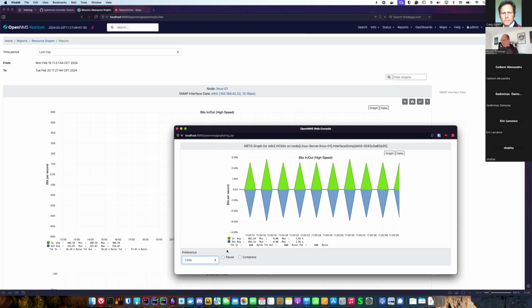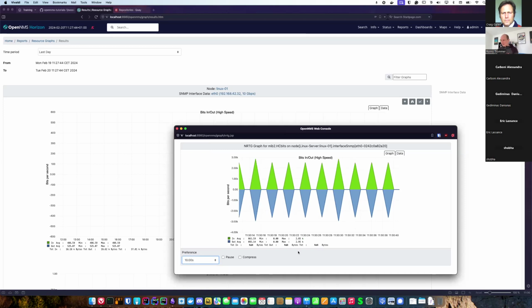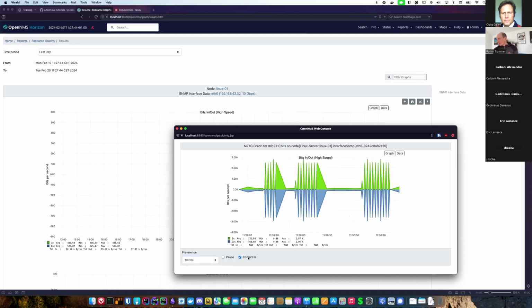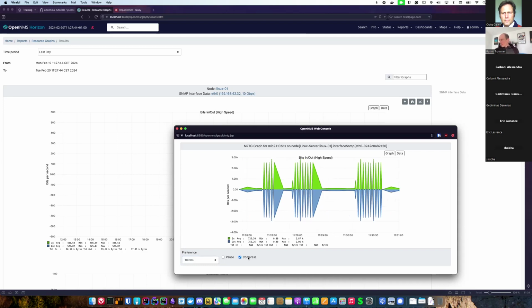So the agent also plays a part, like what is the minimal update interval for an SNMP metric on the router side. So with the preferences, you are actually telling the agent to change the frequency of the get. Is it?